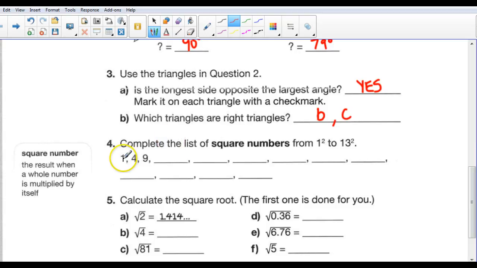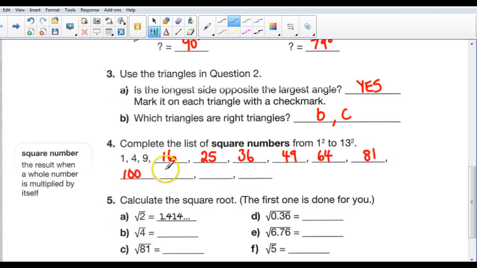So 1 squared is 1, 2 squared, 2 times 2 is 4, 3 squared is 9, 4 squared, 4 times 4 is 16, 5 squared is 5 times 5 is 25, 6 squared is 6 times 6, which is 36, 7 squared is 7 times 7, which is 49, 8 squared is 8 times 8, which is 64, 9 squared is 9 times 9, which is 81, 10 squared is 10 times 10, which is 100,